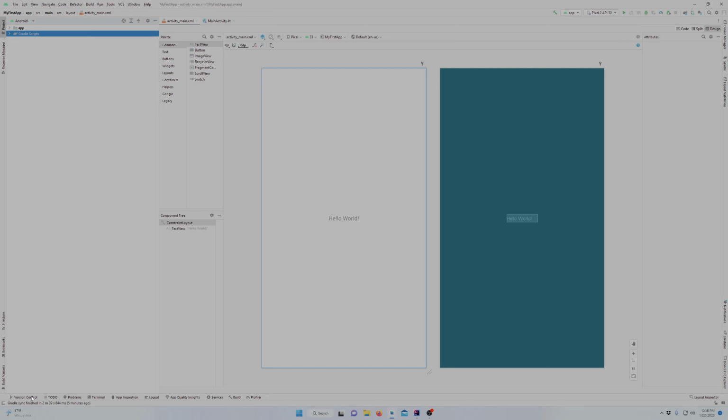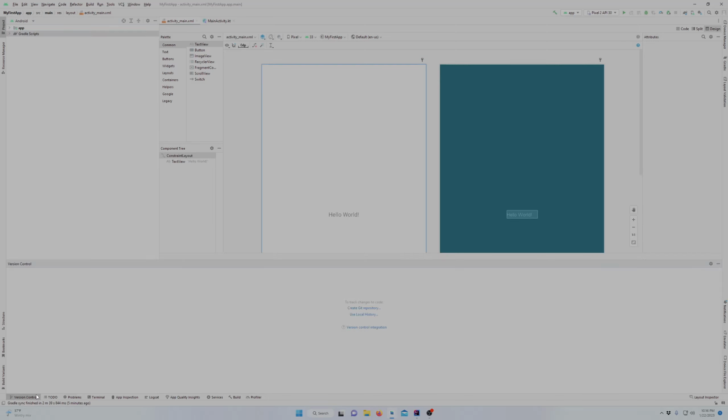At the bottom, we have, as I mentioned, some tabs to pop up different windows. So if I enable version control in my application, I want to be able to integrate this with my GitHub account. So whenever I have a project, I want to just be able to push it directly to GitHub. I can do that here. And if I enable VCS, like share project on GitHub, then I'll be able to get GitHub information or Git